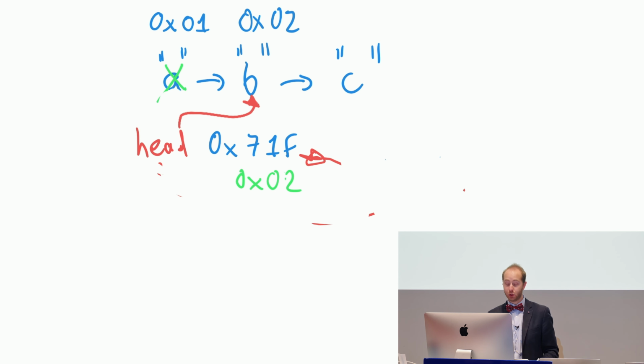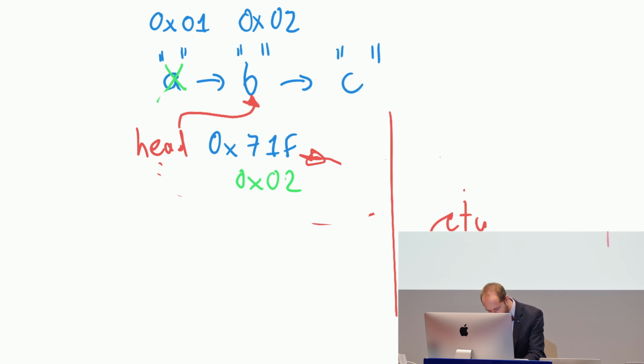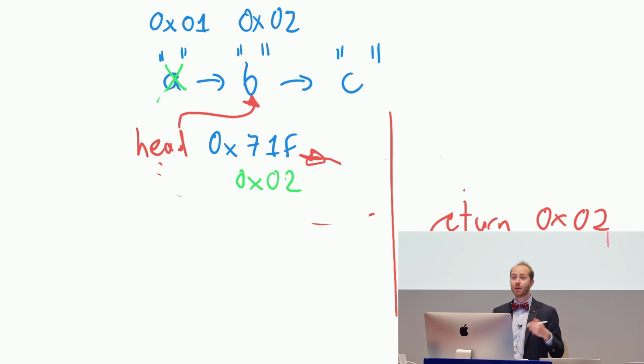This allows us to not need to return the new head from the pop function. So before, we were returning the value 0, 2. Now we don't need to return 0, 2 because what we've done instead is pass in a pointer to the head, and by modifying head itself, even though it was part of the original calling function, we can now return a different value from this pop function. And so we can return instead A, and let's say A is the name of the person we wanted to